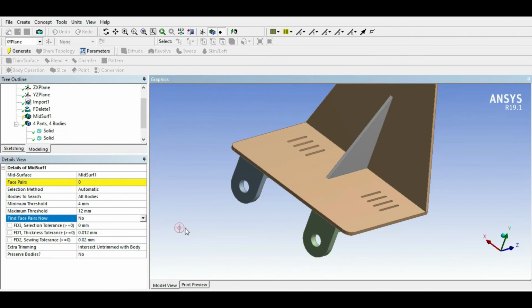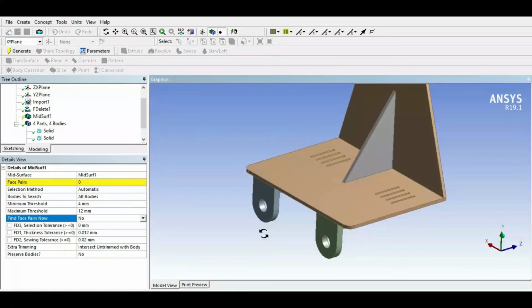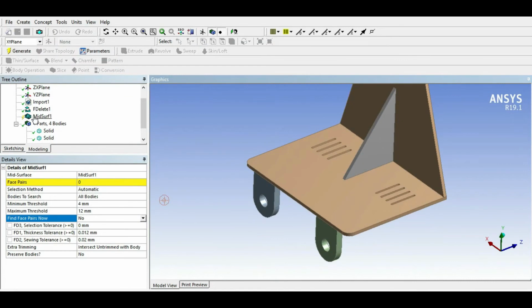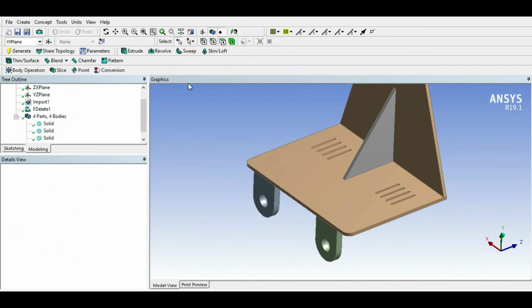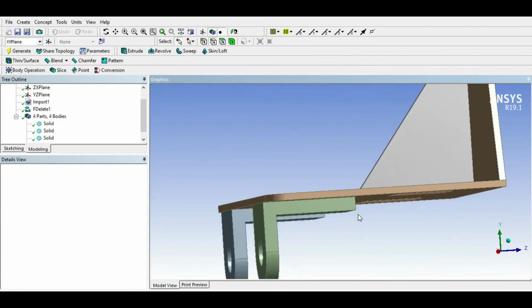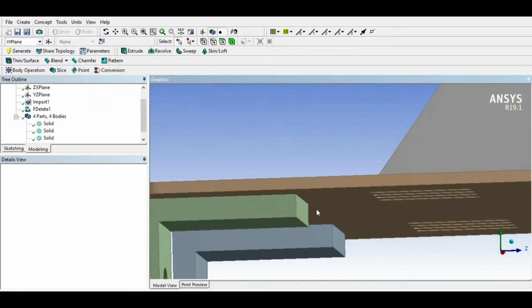Before adding these mid surfaces, it is very important to know the maximum and minimum thickness of these geometries, right? So I'm going to delete this feature first, and then select the edge selector here, then click on a maximum thickness body here.